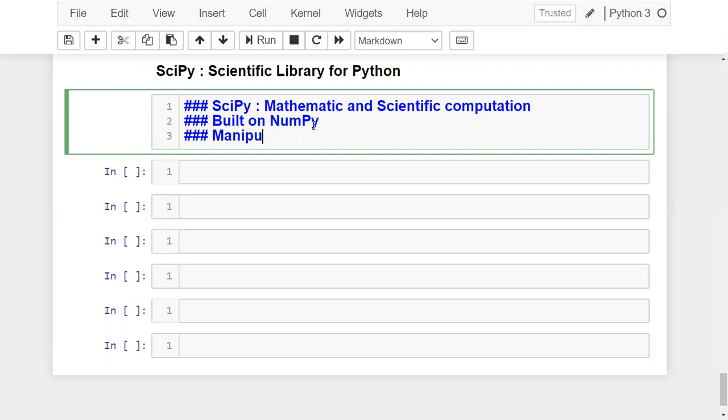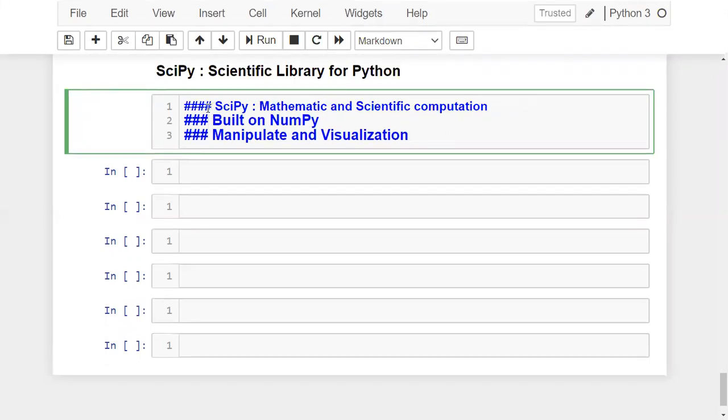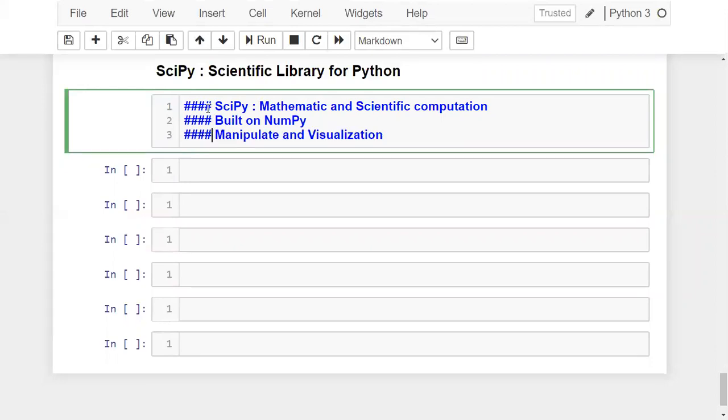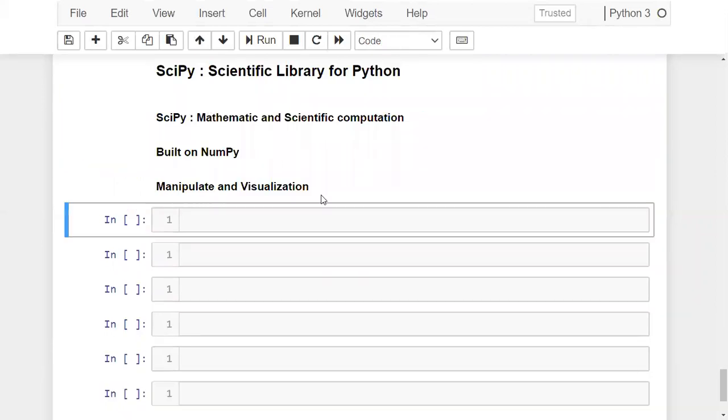Whenever you want to manipulate your data and visualize your data, it is possible with this SciPy package. So this is about your SciPy.